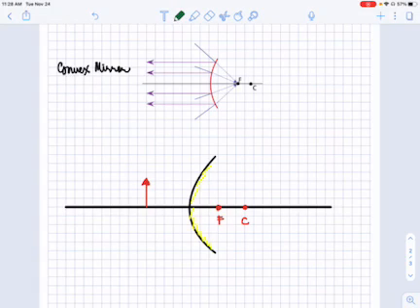Okay, the next example is about convex mirror. Therefore, we're going to identify the characteristics of the image formed by convex mirror. So, as seen on the screen, convex mirror forms images by causing reflected rays to diverge. So this is the reflected ray. It's diverging, right? Okay. Making them appear to emanate from behind the mirror.